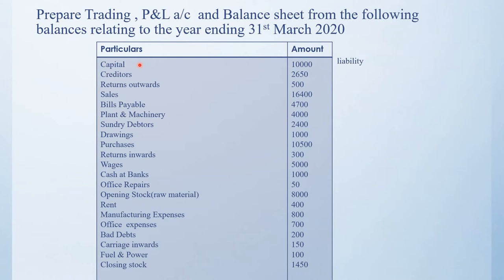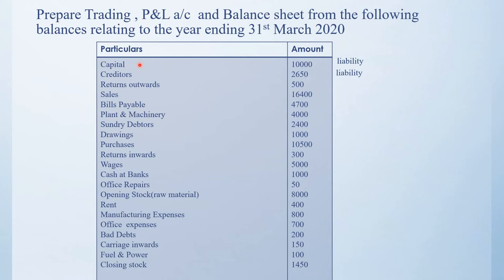Next we have the creditor. A creditor is a person who lends money and intends to be repaid in the future. If the business receives any amount and enters into an agreement to pay it in the future, the business owes that money. Since the business wants to repay the amount, it is also considered a liability.